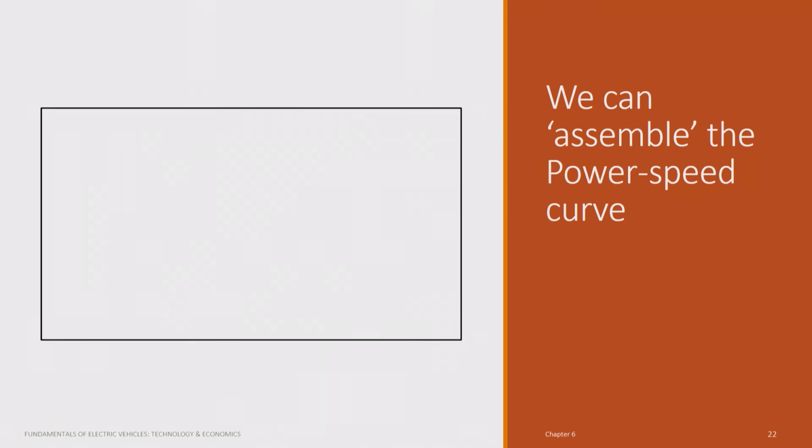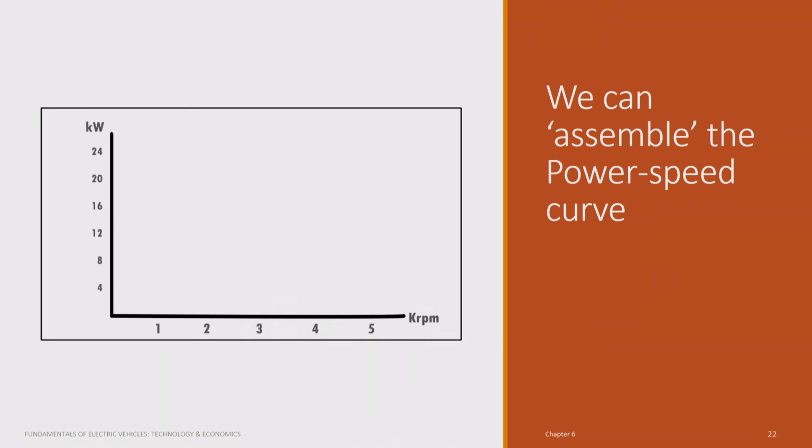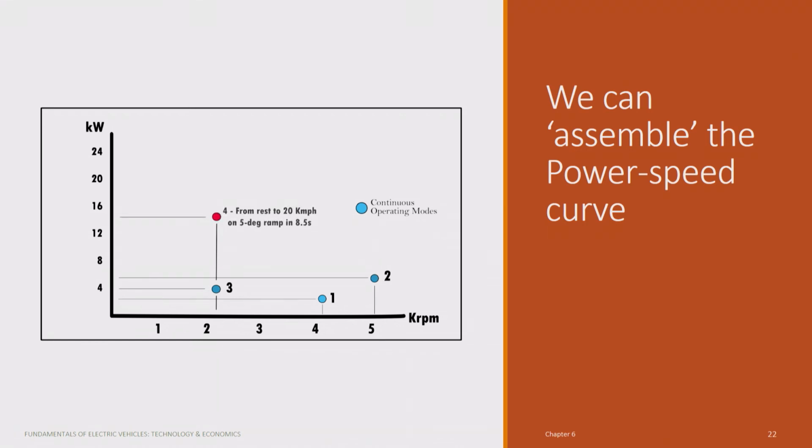I can do the same thing with the power versus speed. What I want you to see is, normally when people say what is the rating of the motor, they will say 1 kilowatt, 10 kilowatt, 5 kilowatt, or 3 HP, 8 HP. This is okay for the motors that you are using to pump water in your house, but in an electric vehicle you can see that in different operating modes the power can be very, very different,